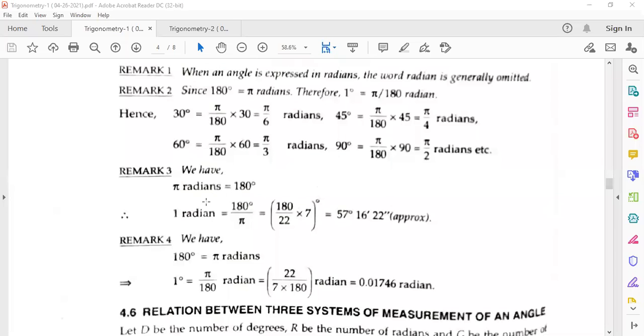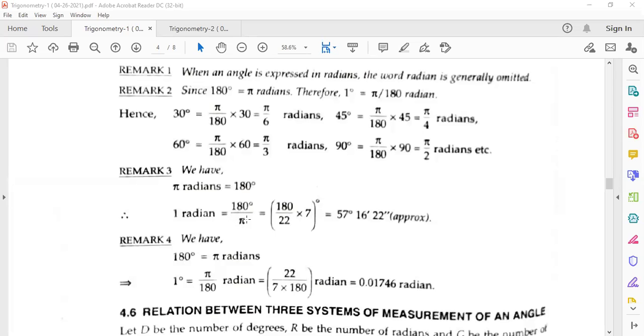And here we can convert the radian to degree. Look at here, we have pi radian equal to 180 degree, that is 1 radian equal to 180 degree by pi, and we put the value of pi as 22 by 7. We know that the value of pi is 22 by 7. Actually the value of pi is not 22 by 7. We know that it is 3.1431... It is non-recurring and non-terminating thing. This pi is known as the irrational number, na?